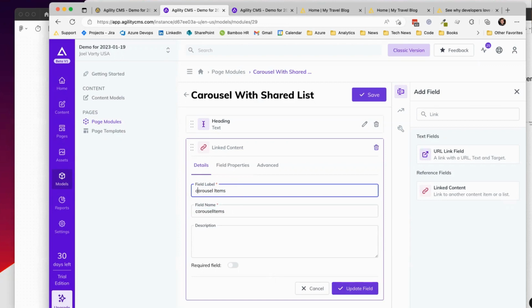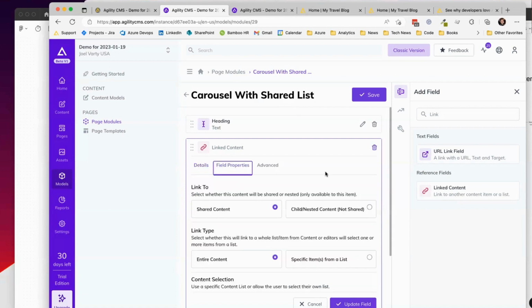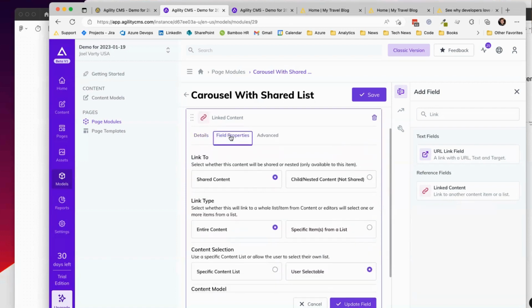Or what's really annoying is when people do stuff like this, and then I go really crazy, and it's like, what? You're so lazy as a developer. Come on, let's just be nice to our users and give them something that looks nice. Anyway, details matter. All right, so our field property is going to be linked to shared content this time,